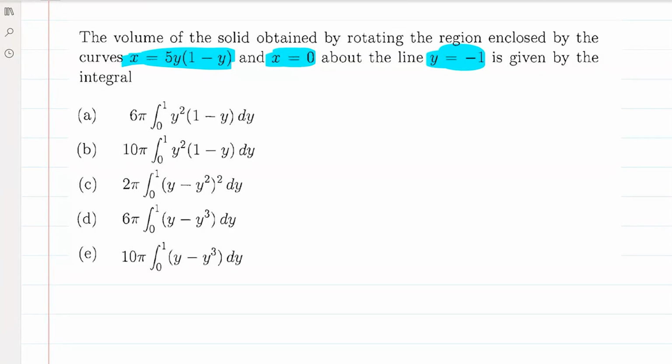Dr. Shadi? Yes. How do I graph this equation, 5y, 1 minus y? Good, I will show you. Okay. طيب